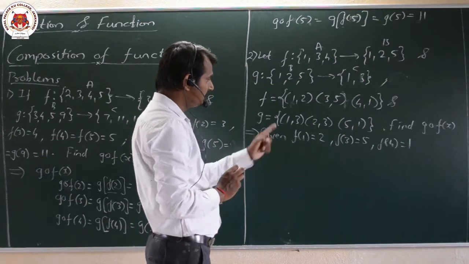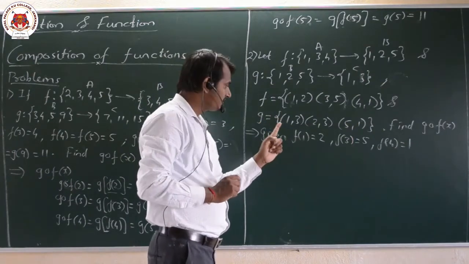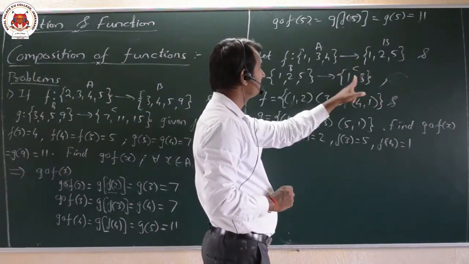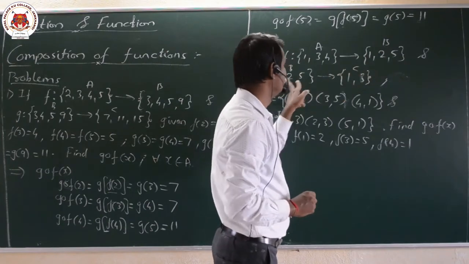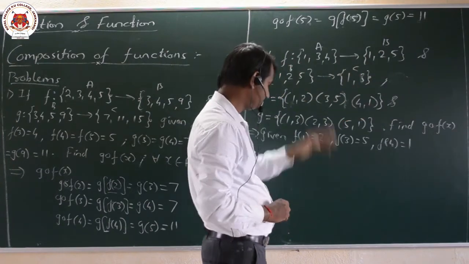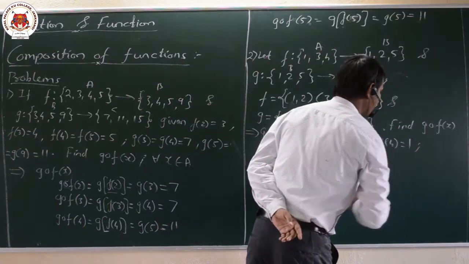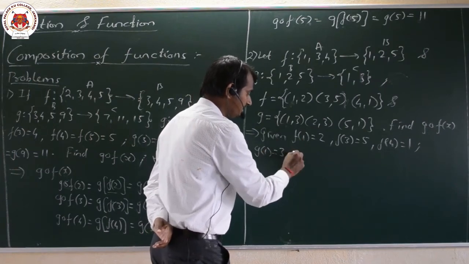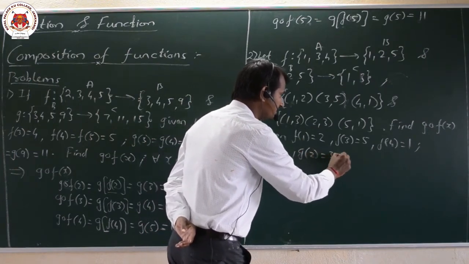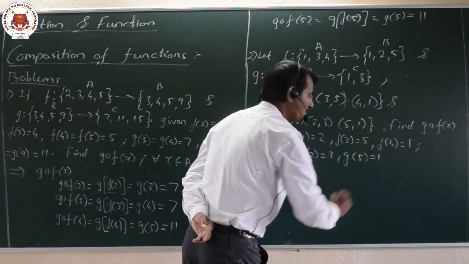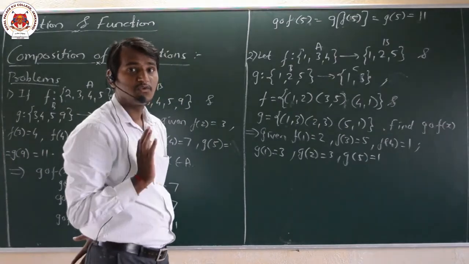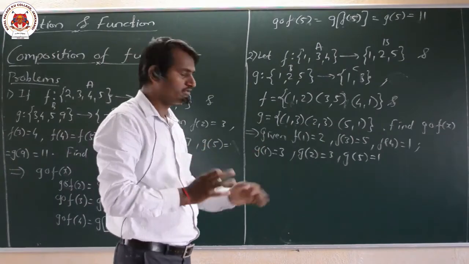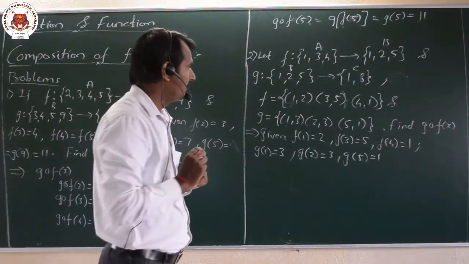In the same manner, here the g function is also provided. These all values are y and its values are z, small letter z. Here it is from A to B, B to C. That means g of 1 value is 3. Next g of 2 equal to, again it is 3, and g of 5 value is 1. Okay dear friends, these are all the given data. It is very important to write down all these things. Otherwise, if you know all these things, you can write it directly. Nothing wrong in that. Now let us come back to our question.